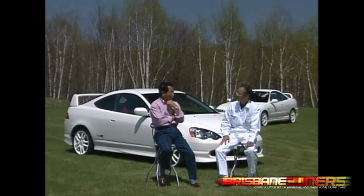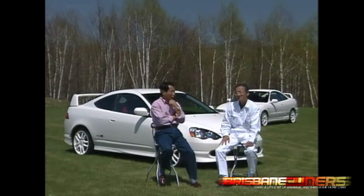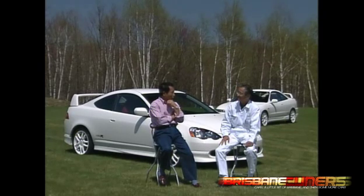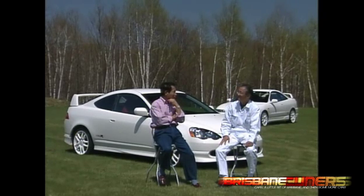That must mean that the development cost must have been quite high. Yes. And speaking on behalf of all the fans out there, I sure hope the price tag on this new Integra Type R is set at around the same price